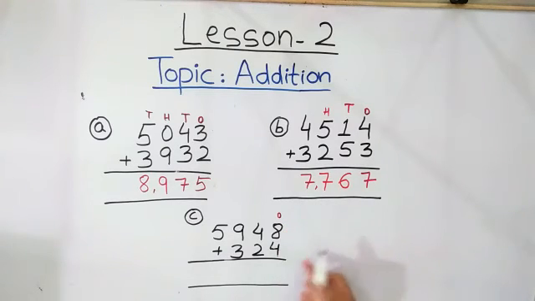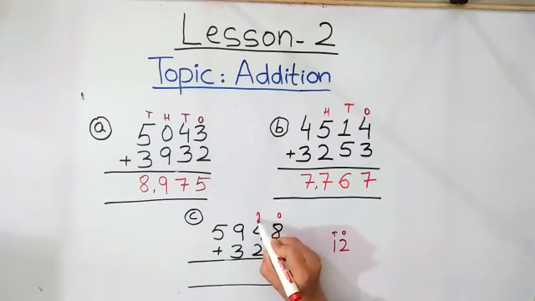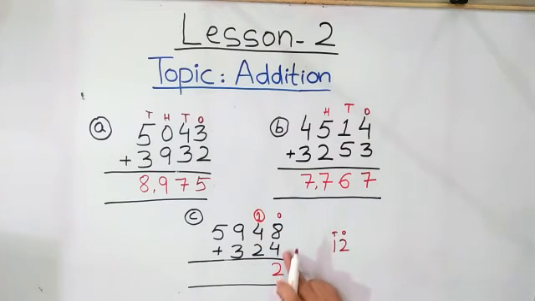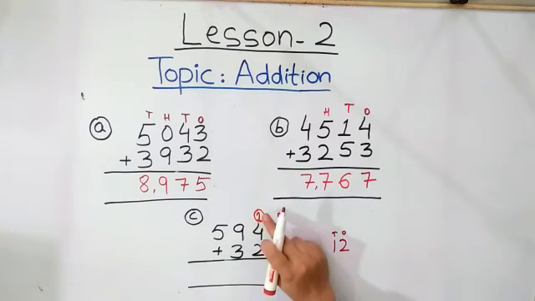8 plus 4 is 12. So we write here 12. Now look here: 12 has 2 at the place of ones and 1 at the place of tens. So 2 will be written here and 1 will be a carry for the next numbers. Whenever you get a two-digit answer in addition, we always place the digit at the place of ones under ones and take the second digit as a carry to the place of tens.